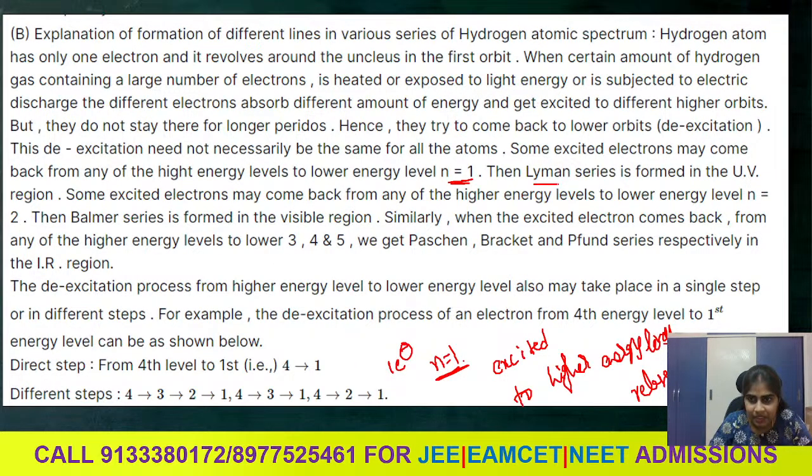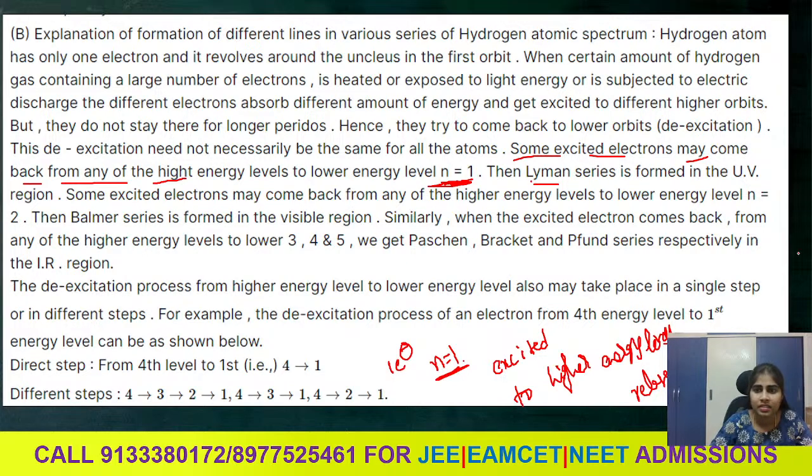They are the Lyman series. You can see this statement: some excited electrons may come back from any of the higher energy levels to the lower energy level. It means if it is excited to any of the higher energy levels, but still it reaches the first energy orbit, that is n is equal to 1, that series is known as